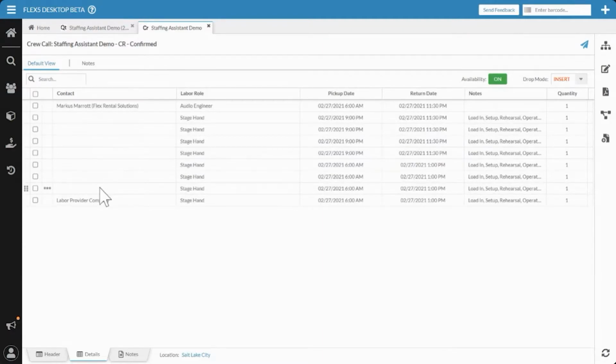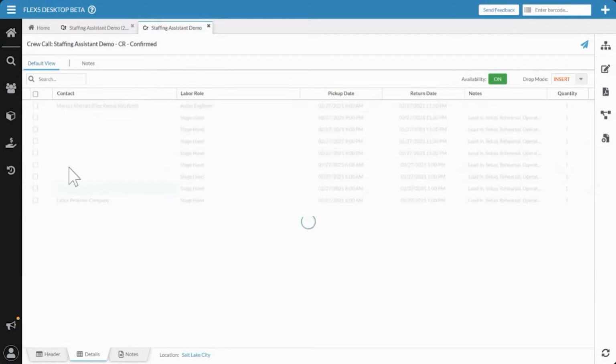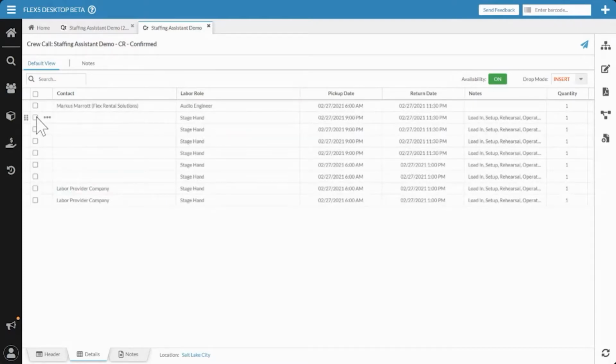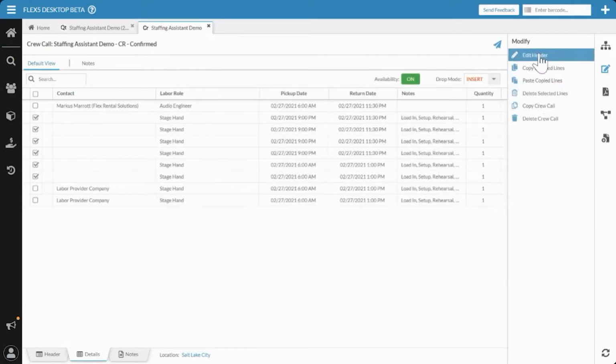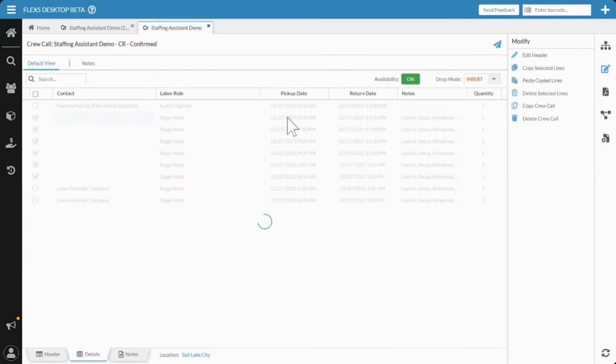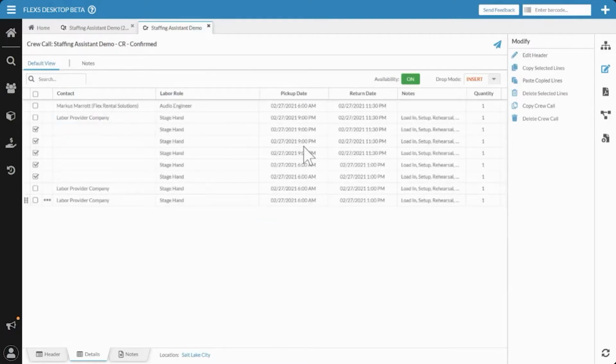With that, I just want to highlight that if you know who you want to fill in for something, you can just go into this and just start typing and just go, I want to be labor provider company. Or including in this, I could bulk edit. So I can click here and shift click down to this. I can open this and, oh, maybe not. They don't have the bulk edit enabled. All these little things that aren't quite over yet. Well, we will just get those filled in here really quick. I don't really need all of them, but I want to make sure I have one of the outs, one of the ins, and actually let's even on this example,